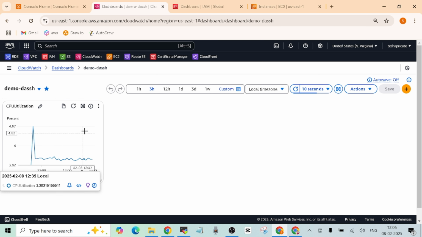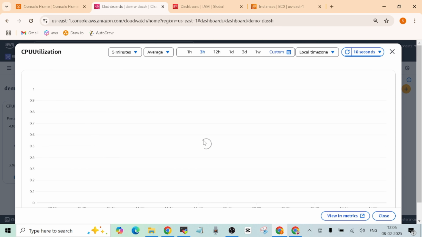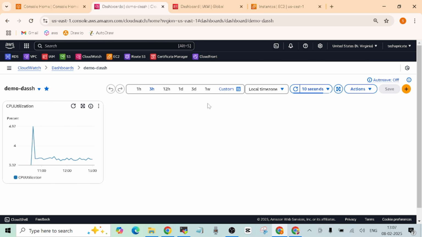Similarly, you can do other things as well. If you want to edit, you can edit it. You can duplicate this. You can enlarge it like this. So there are different options as well. These dashboards are a way by which you can get rid of repeating things. For example, you want to monitor this once a week. So you can just create a dashboard and set this query here like this, and then whenever